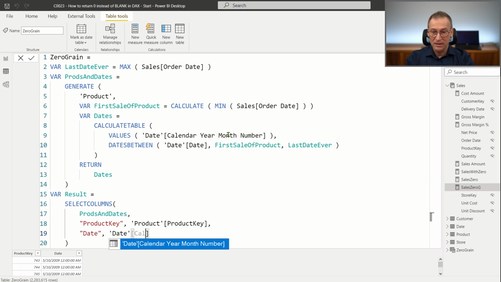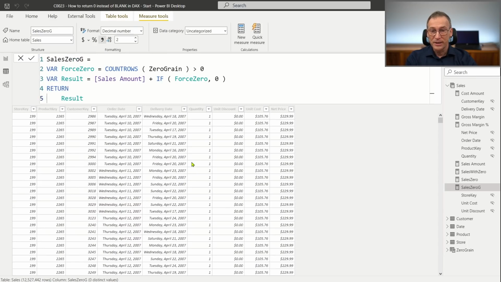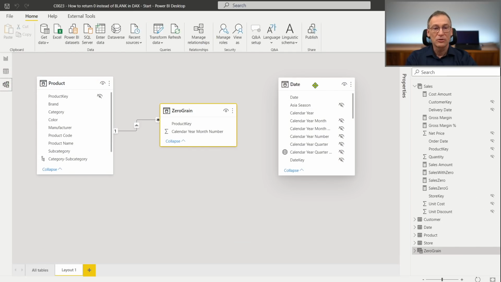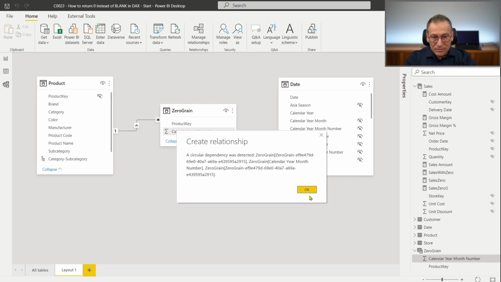Now I have calendar year month number. And let's also call it the right way. Now, my table will no longer contain a date. It contains the calendar year month number, 2009-08. As a consequence, I can no longer build a relationship with the date. But I can rely on a weak relationship, a many-to-many cross-filter relationship, because I can build a relationship between calendar year month number and calendar year month number. That is neither a key